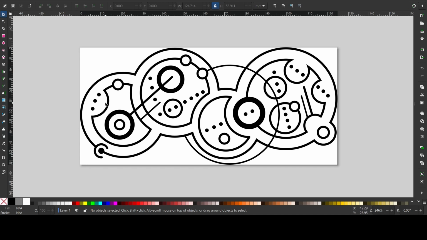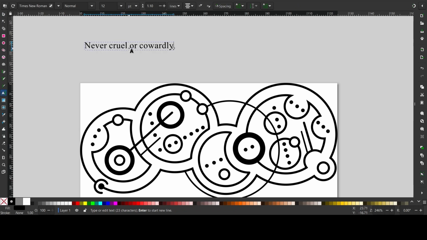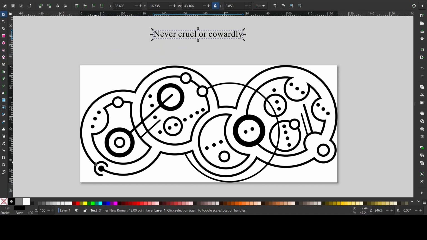as N-E-V-E-R. 1, 2, 3, 4 dots on the C, 3 dots on the R, U, line going outwards, E, L with 3 dots, and then R, O with the R, then 1, 2, 3, 4 dots on the C, O, W with 2 lines, A outside the word circle, R, 3 dots, D, 3 dots, L, 3 dots, and Y. So again, this would be never cruel or cowardly. So yeah. That is this design, and it features this start marker here, which helps with the orientation,